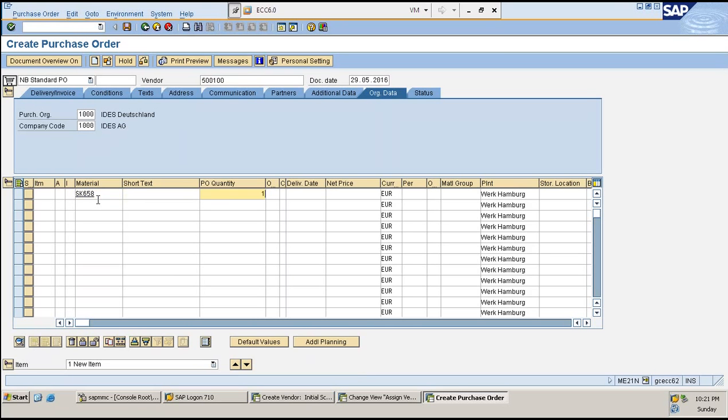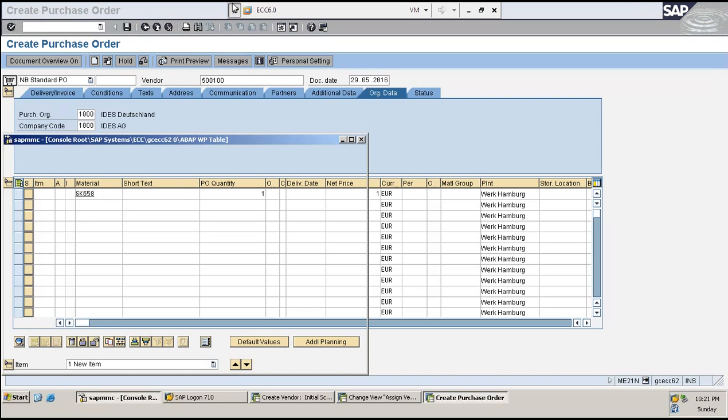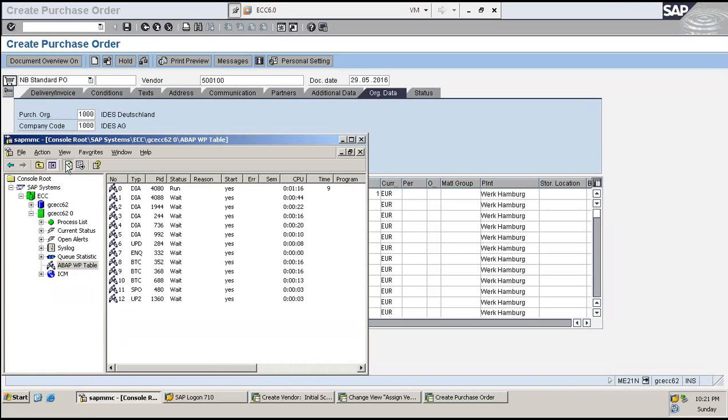Harry? Yes, yes, I'm there. Okay. So this is the regular vendor, 500100 regular vendor. Let it get loaded across. I'll show you what will be the impact and the difference. We are creating a PO for the first time today. It will take some time.